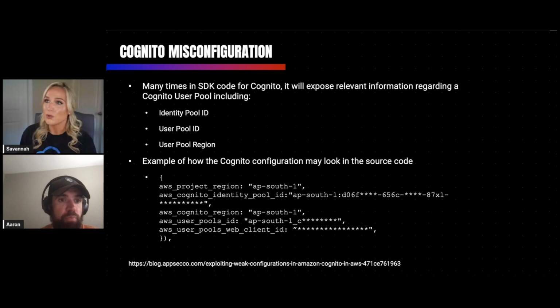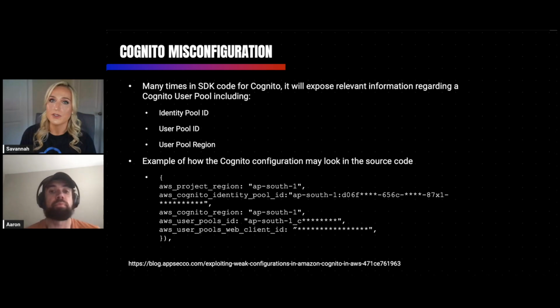Typically, whenever you are looking at an AWS app, if the client has Cognito built into it, you can look at the requests that are going back and forth. If you open up the network requests whenever you're loading that application, and you see anything reaching out to Cognito, you want to dive into that and see if you can see the JDK code. A lot of the time, organizations will have the user pool ID and the user pool region. Those two items aren't necessarily bad to have. It's having that identity pool ID in there as well. That's when it shakes things up and allows attackers to abuse that.